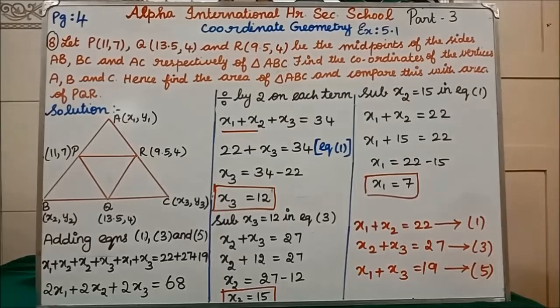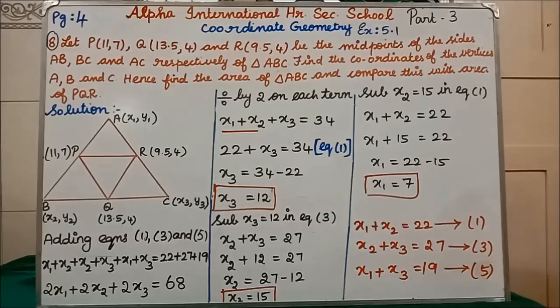This is your page number 4. See, in total so far we have derived 6 equations. Now, among the 6 equations, we are going to add 1, 3, 5. Okay, see, in the red marker below I have written it there. Equations 1, 3, 5, first we are going to add. Why am I taking only these equations? Because first I am going to find the x1, x2, x3 values. In these equations only we get x1, x2, x3. So to find the x1, x2, x3 values I am going to add equations 1, 3 and 5.